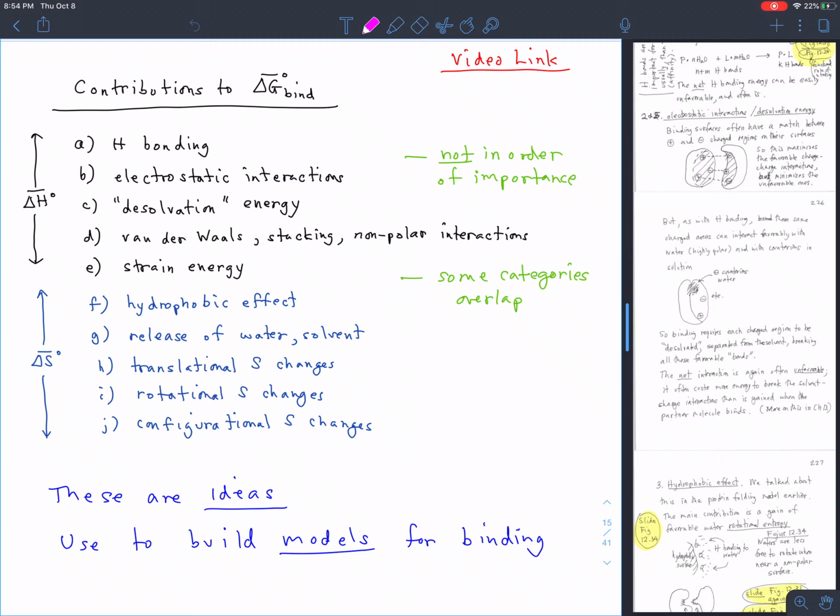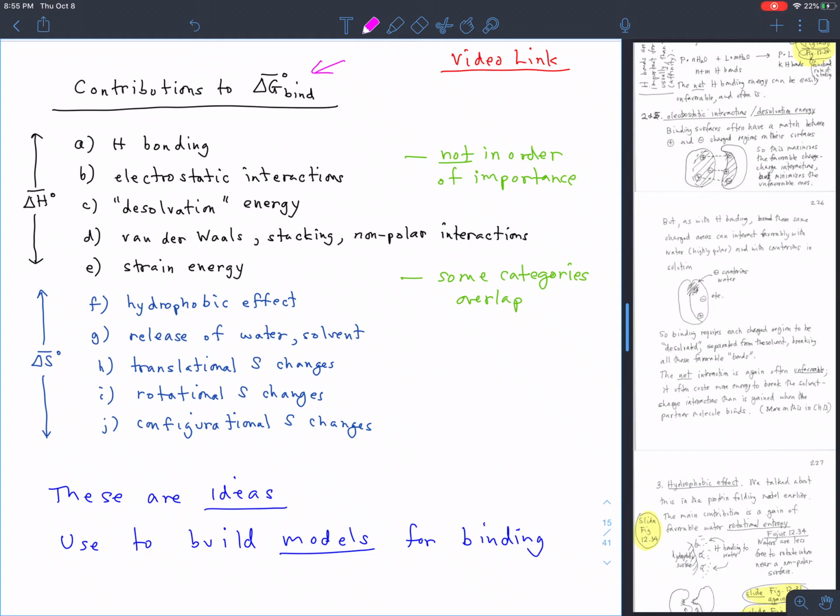We have now talked about the macroscopic phenomenological description of binding, including some of the methods for assaying binding, like scattering analysis, but we haven't talked at all so far, really not much, about what on the microscopic scale actually contributes to binding, what binding looks like, especially when two big complicated molecules like two proteins or a protein and a DNA come together. I've made a list here of a bunch of different contributions that affect the overall free energy of